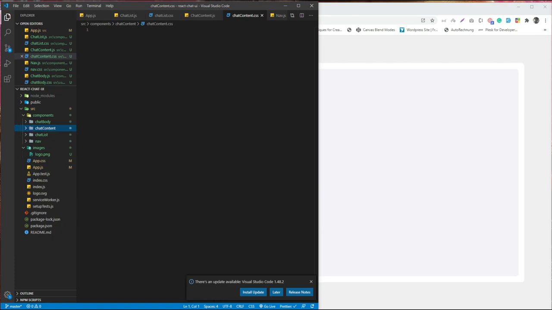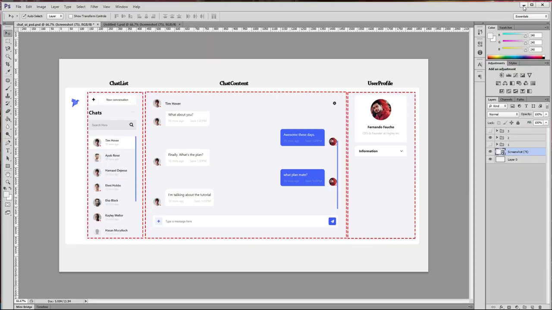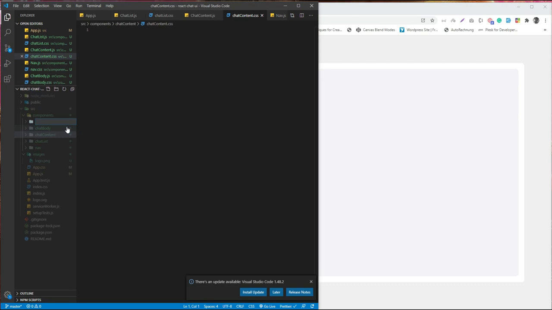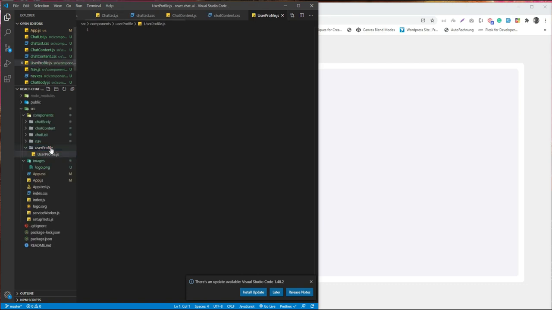And the last one is the user profile. Let's create the folder user profile. Here userprofile.js, and another one is userprofile.css. So currently all set.